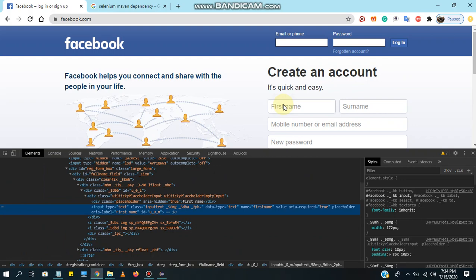Once you click that first name text box, you can see some information is available. We can capture this object using the name attribute. Using this name attribute and the name locator, we can capture this element during our test automation. Let's check.